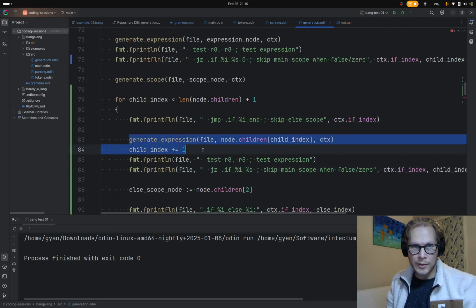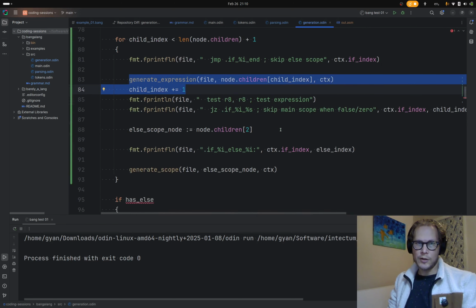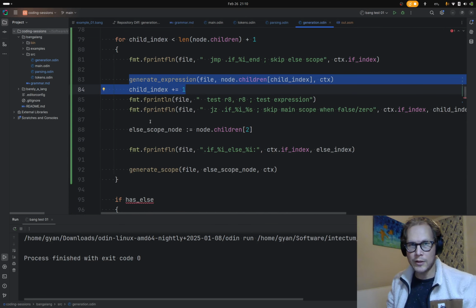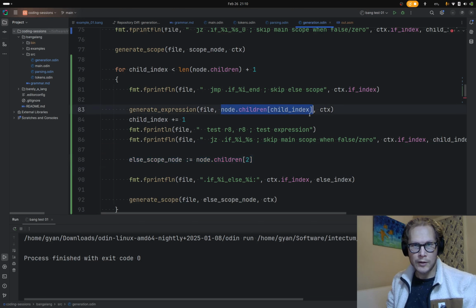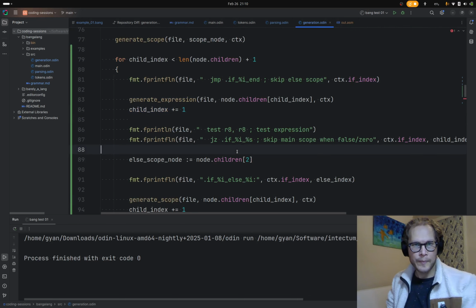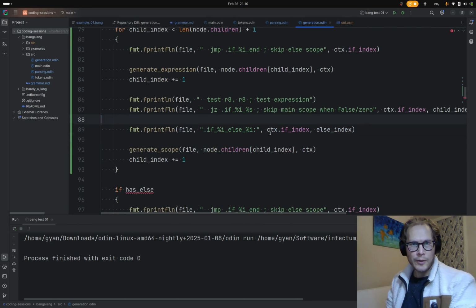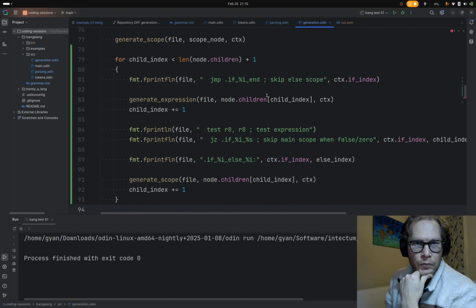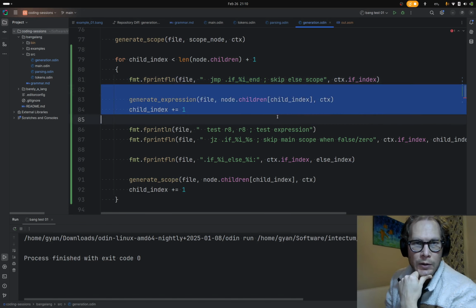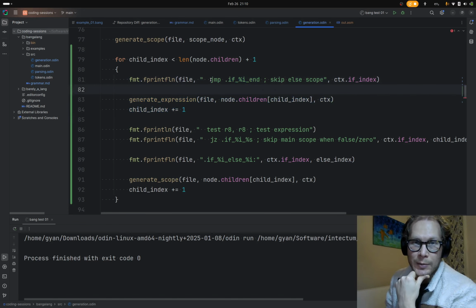So we've incremented it past the expression node, but there's still the scope node, right? So now this is like this. Get rid of that. So skip to end. Now we try our, and if we haven't skipped to the end,